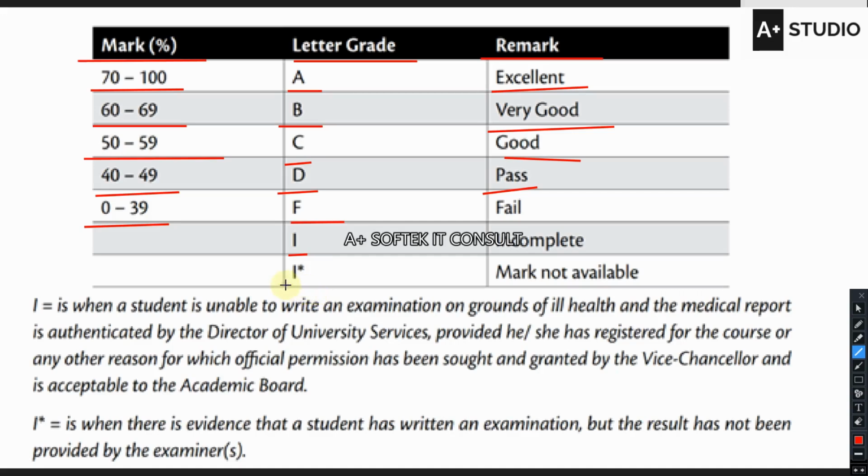If you see the I asterisk or the I complement, which shows no marks available, they can't find your marks. So why do we have 70 to 100, 60 to 69, 50 to 59? The 70 you are seeing in here, as a constant value, means the university classifies students who fall within 70 to 100 as